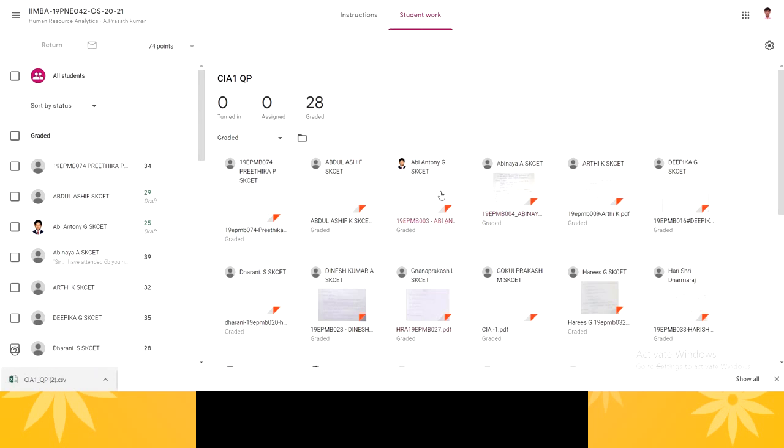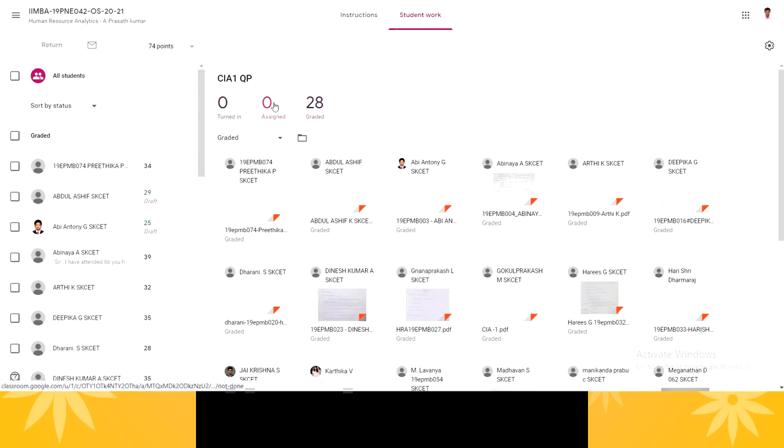Once you release the grade, the turned in and assigned will be 0 and graded will be converted to 28. If any one student's answer paper is left out without evaluation, then that will be in this turned in area. We can easily find that out by clicking on that particular number. Now let us see our grade statement.